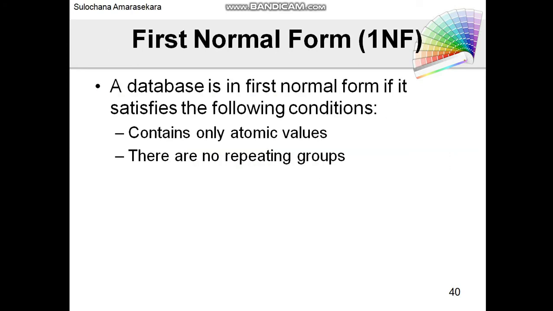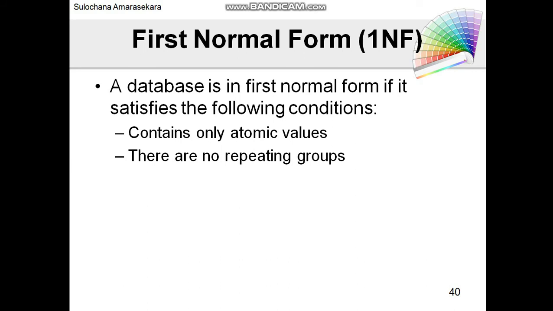Now it is time to normalize the database. You can remember normalization is a step-by-step process. Because of that, we need to start normalization from first normal form. If a given table contains atomic values only, then we can say that table is in first normal form. Here atomic means one cell only contains one value.